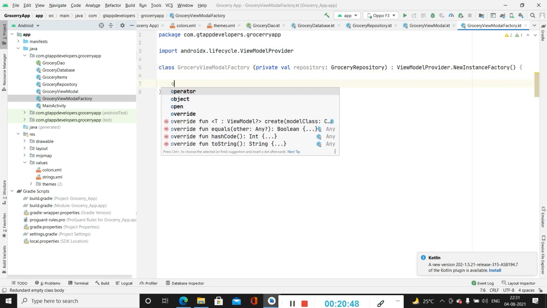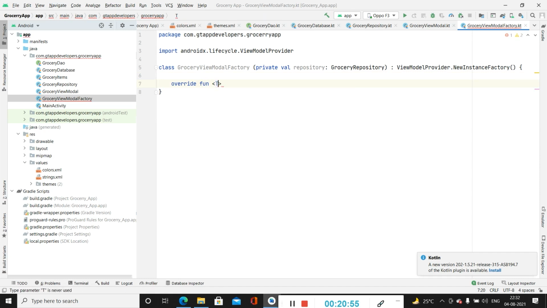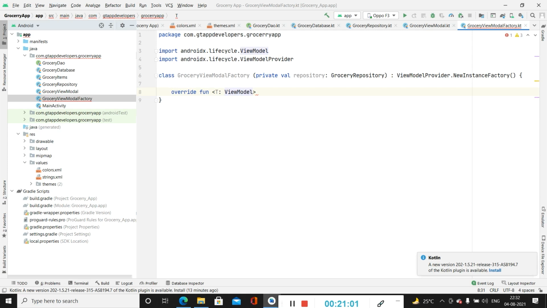Now inside this we will be creating our override function. View model.